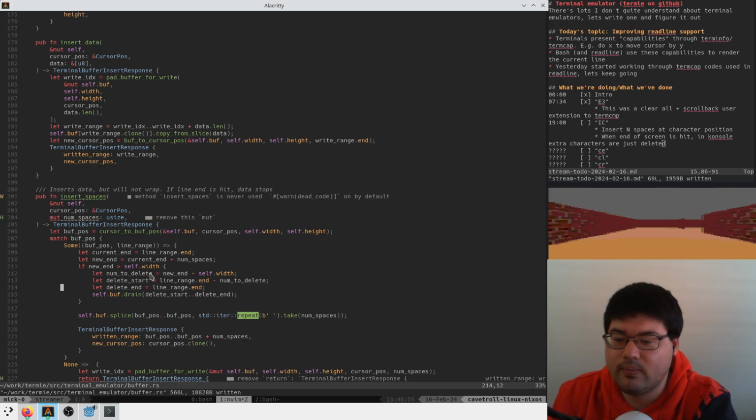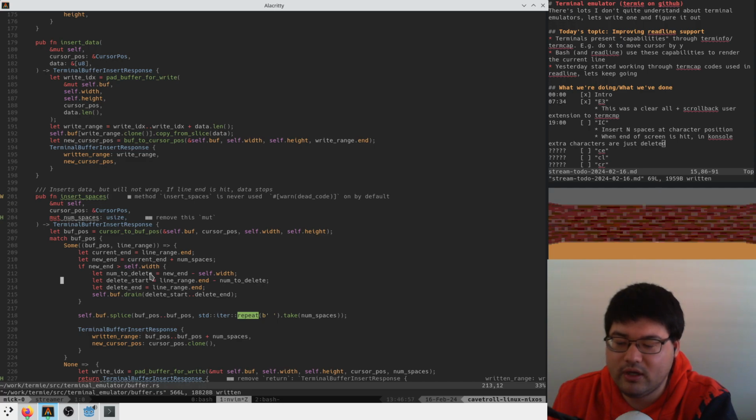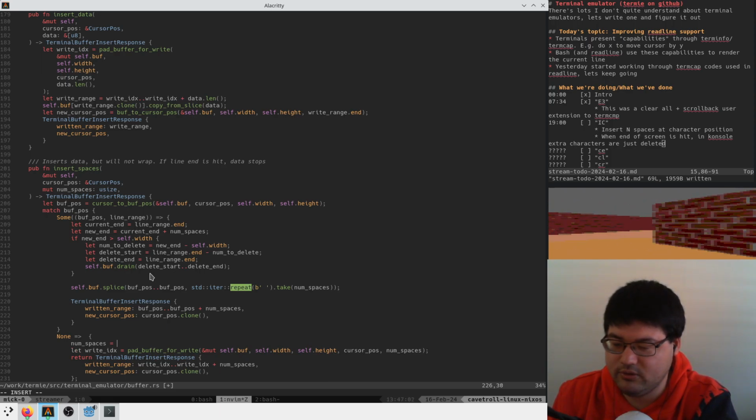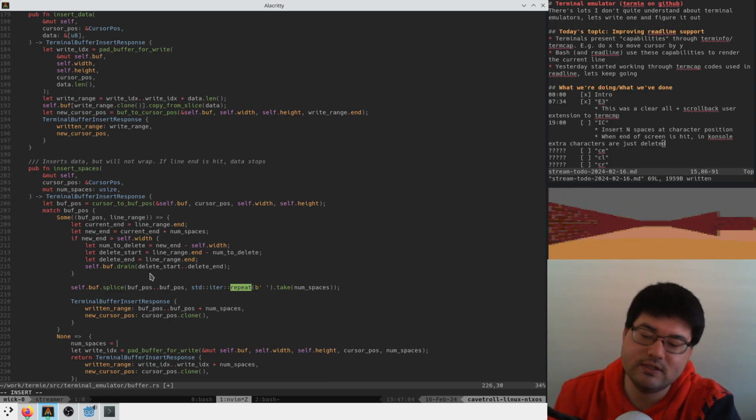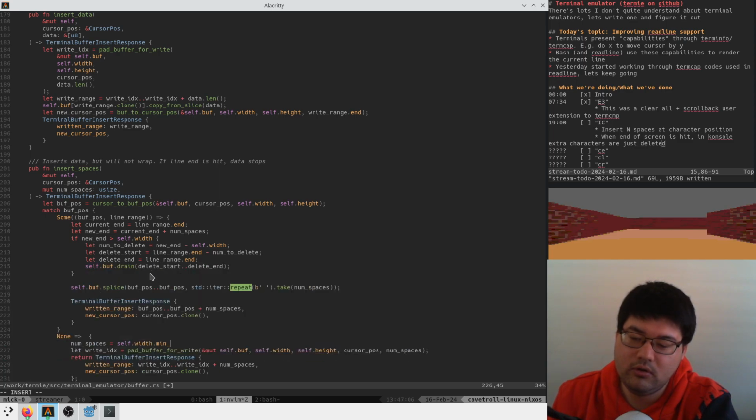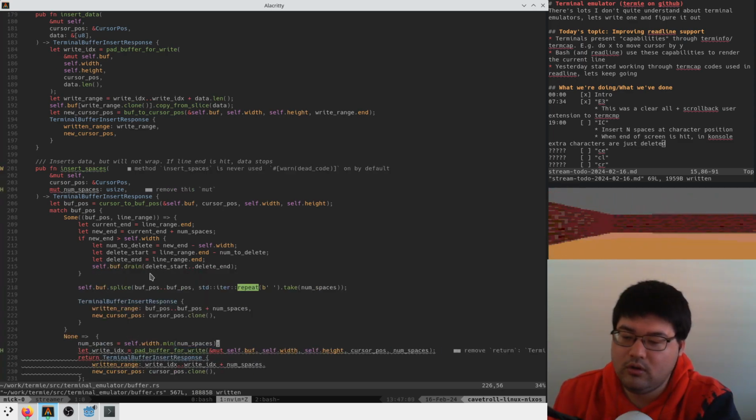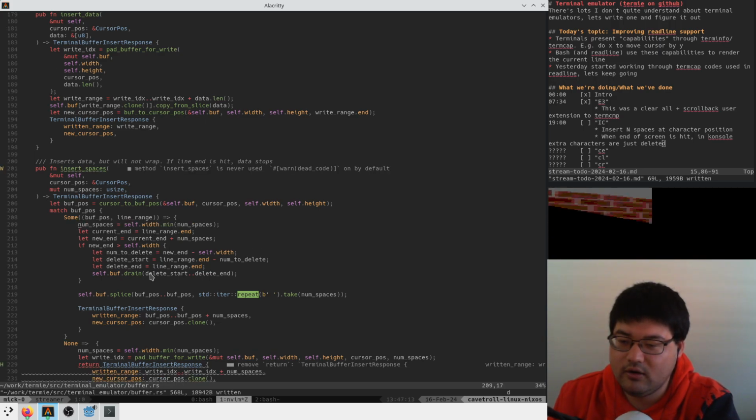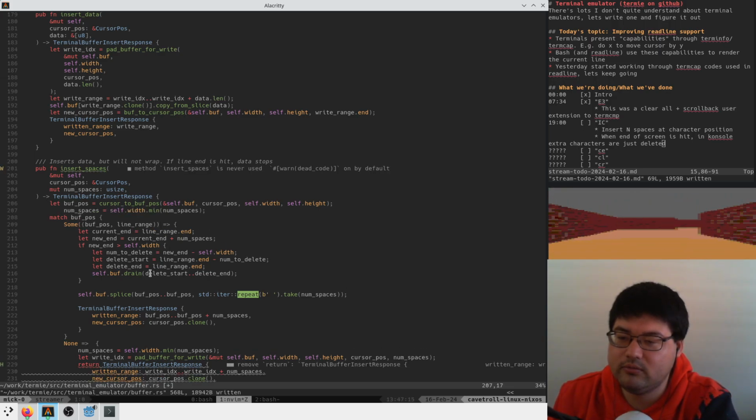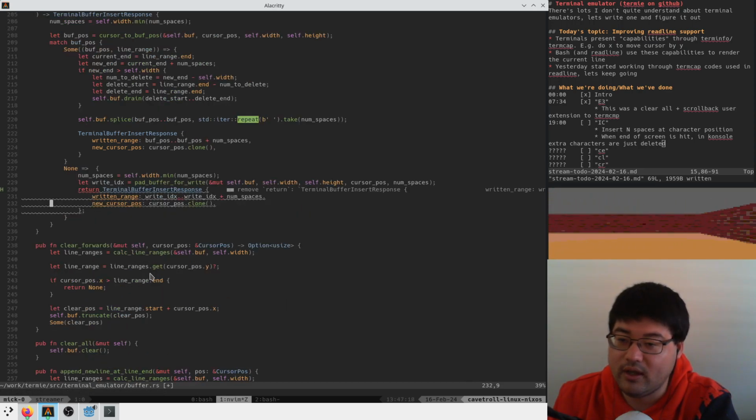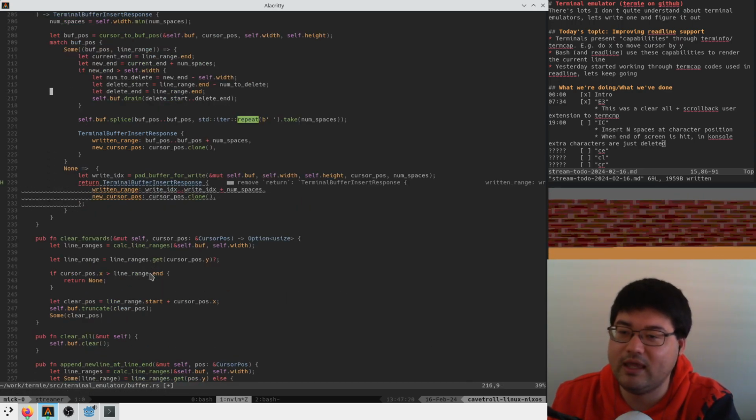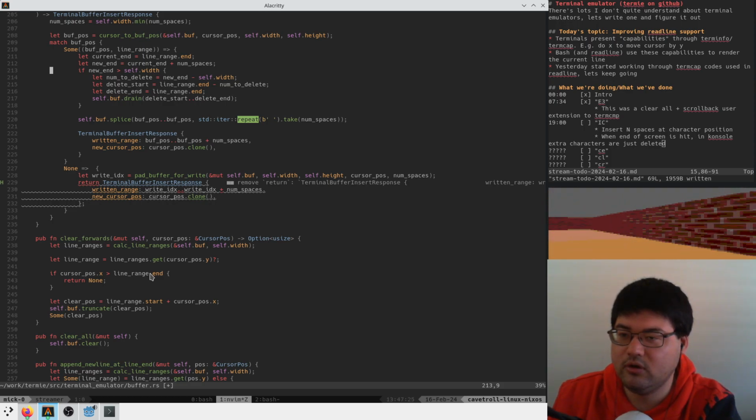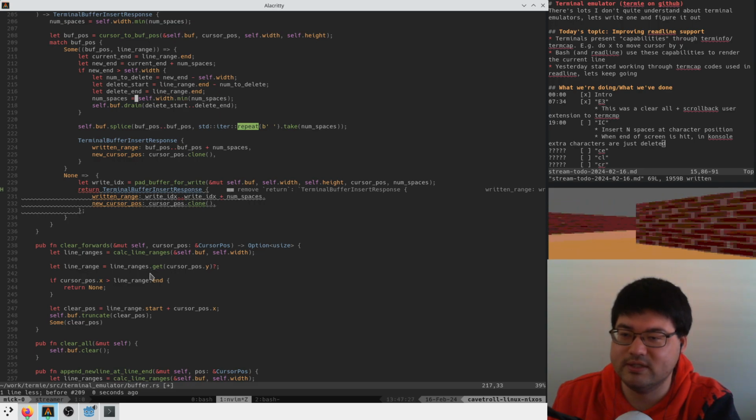So in the none case, we want to truncate: num spaces is equal to the minimum of the width and num spaces. And same here. So maybe we do that no matter what. And then in here, we also have to limit it again if we're hitting the end. So we can just say num spaces is